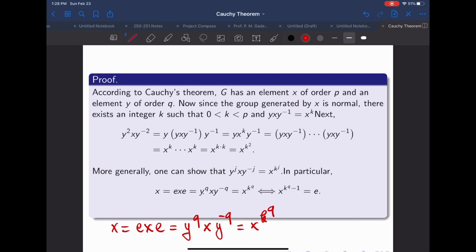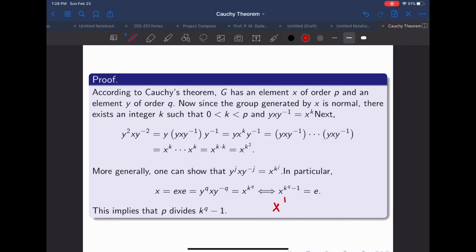And since we see here that x^(k^q) is equal to x, this will mean that x^(k^q) x^(-1) must be e, but this is really saying that x^(k^q - 1) is going to be e. Okay, so we have so far that x^(k^q - 1) is e, but p is the smallest number satisfying x^n equal to e. Any other number has to be a multiple of p. So that tells us that p divides